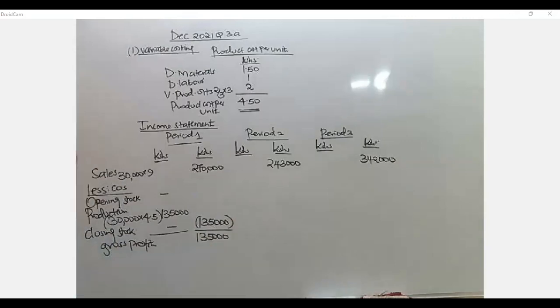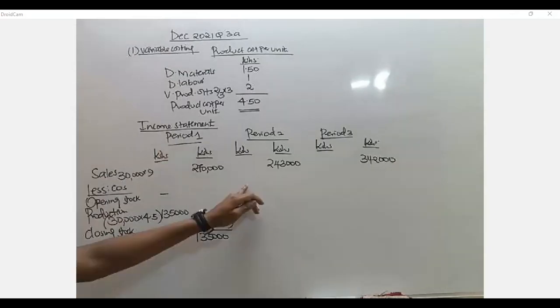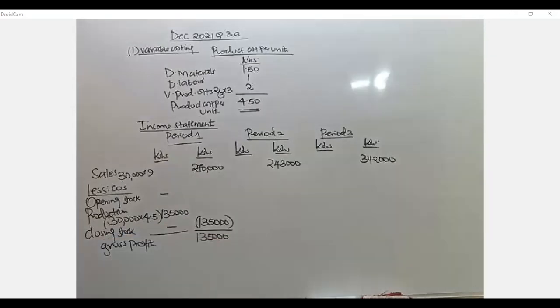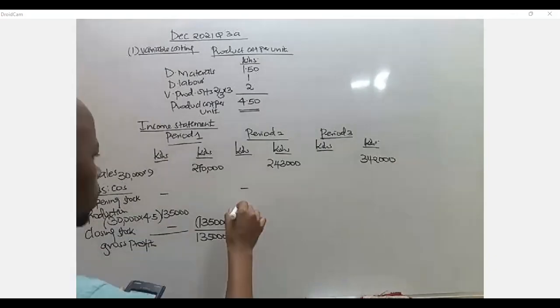Then the closing stock for the first period becomes the opening stock of the second period. So in this case, our opening stock is still not there, it is a dash. Then when you go to the production for period 2, you are able to produce 38,000